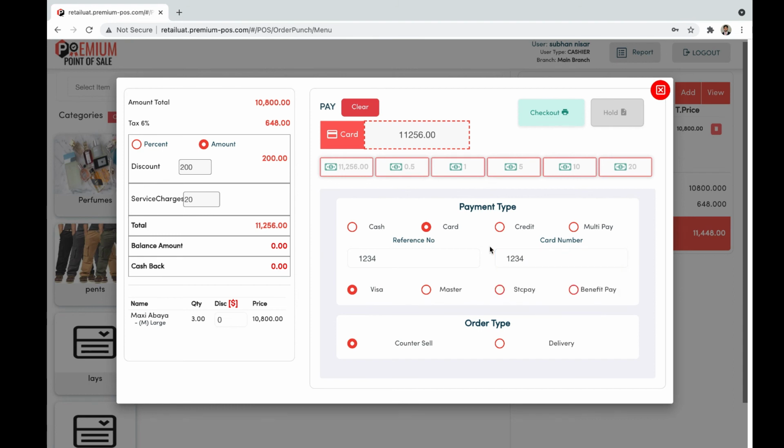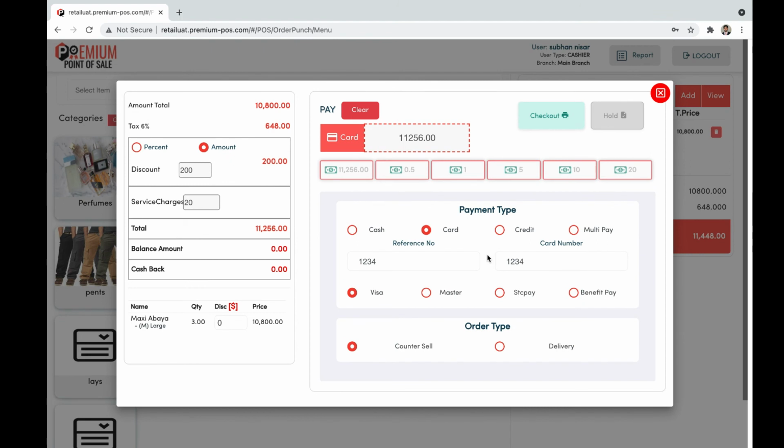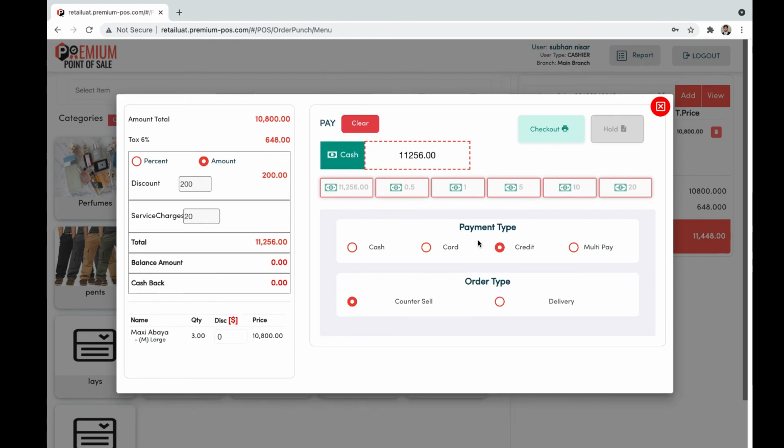The insertion of the card number is optional and depends upon the cashier or the company policy. If the payment type is credit, which means the customer wants to take the product and pay at a later time, the cashier can select credit, and the cash is already written here, and press checkout.